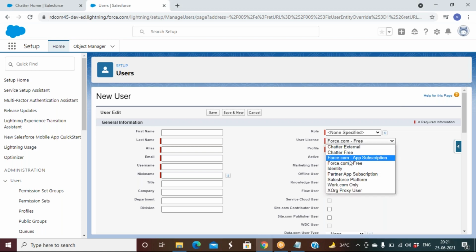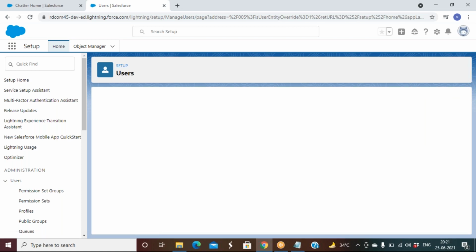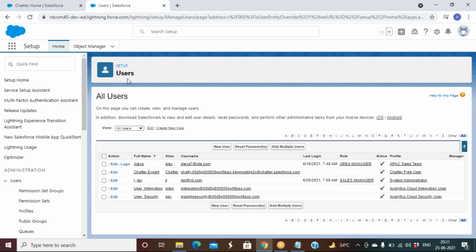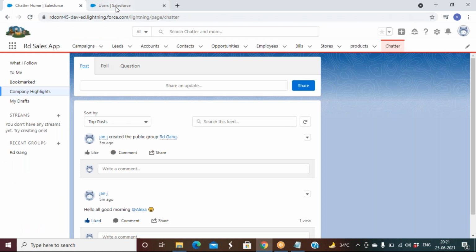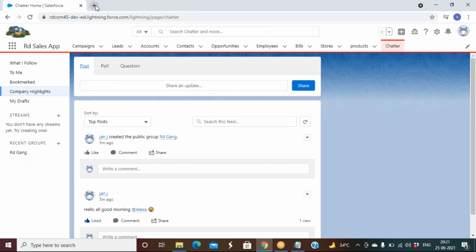That would be the best way to see if my Chatter works. Yes, you can create more Chatter users. You can do whatever you want, however you want. Okay, sir.